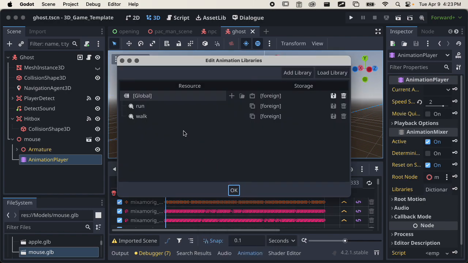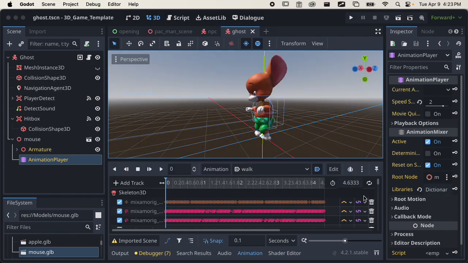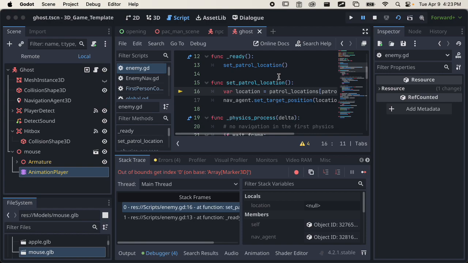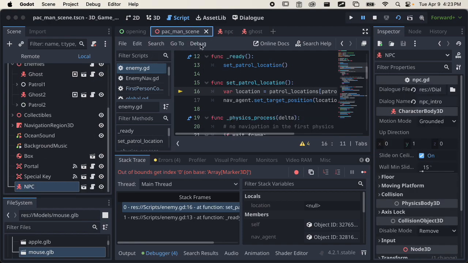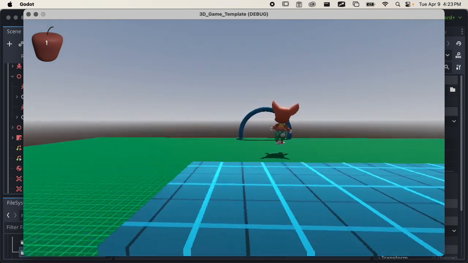manage animations, these are all the animations, and what I can do is click on this floppy disk and click make unique, and now I'll be able to change whatever I want. So I'm going to hit OK, and now I can loop this walk animation. Now I got an error. Oh, I tried to run the scene, not the main scene. Okay, so now he's walking,